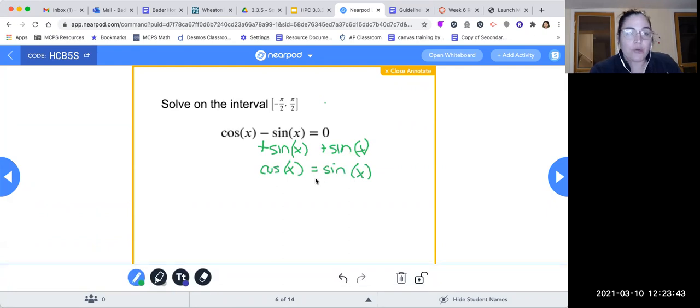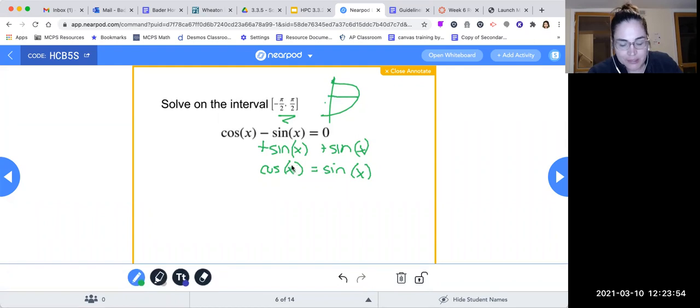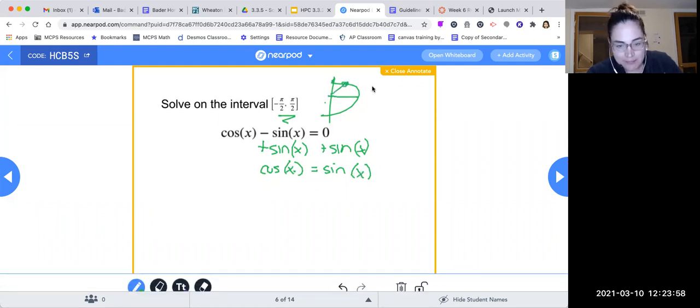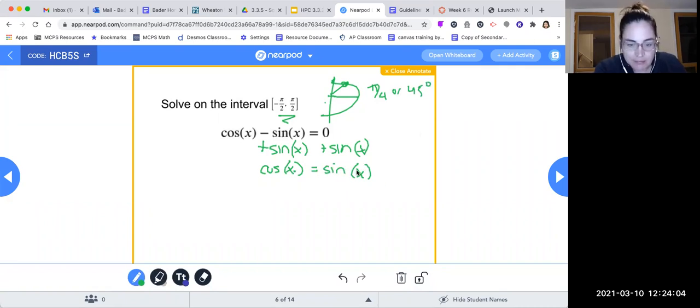Now, you could use your math intuition and think, okay, well, if I'm on the interval from negative pi over 2 to pi over 2, where is the one place where my cosine of my angle is equal to my sine? And it is pi over 4, or 45 degrees. So you could use that intuition and figure that out, but I want to show you just a process in case you get stuck. So if we divided both sides of the equation by cosine of x,